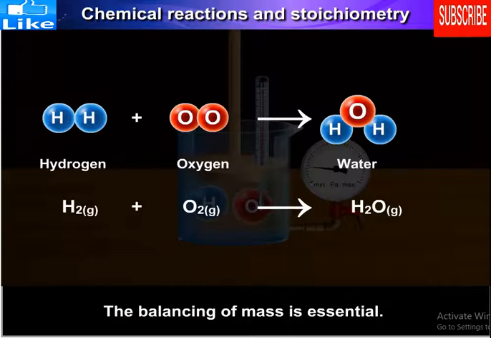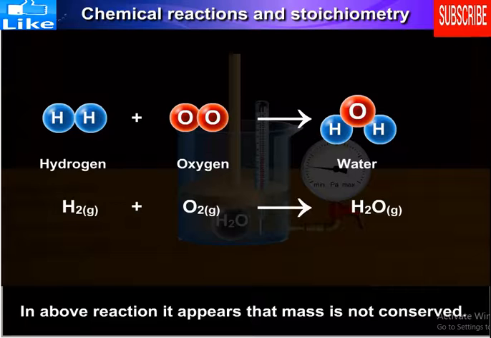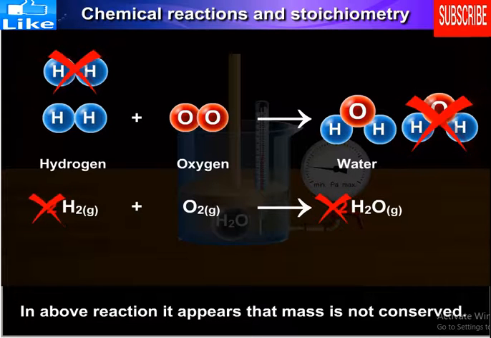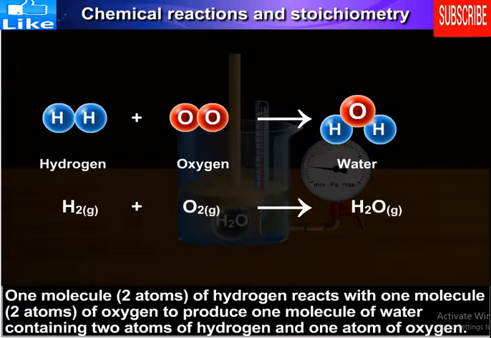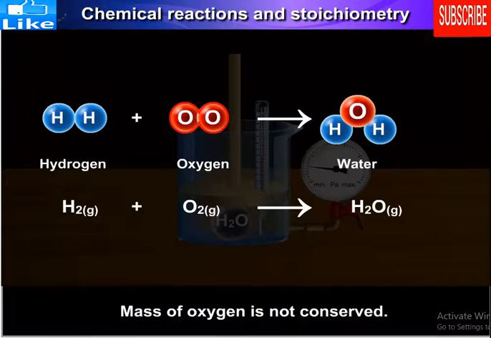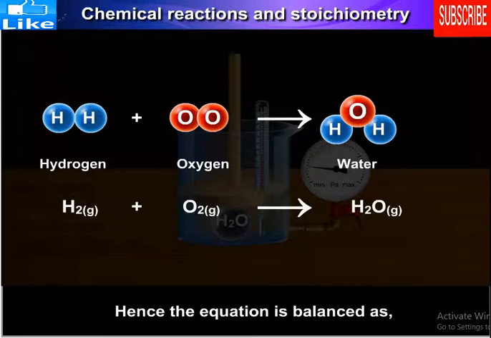The balancing of mass is essential. In the above reaction, it appears that mass is not conserved. One molecule containing 2 atoms of hydrogen reacts with 1 molecule containing 2 atoms of oxygen to produce 1 molecule of water, containing 2 atoms of hydrogen and 1 atom of oxygen. The mass of oxygen is not conserved. Hence, the equation is balanced as